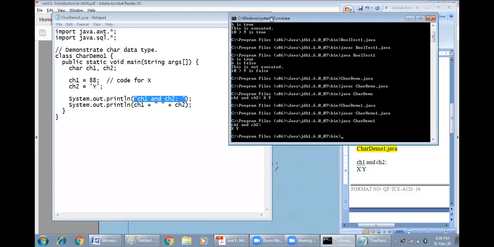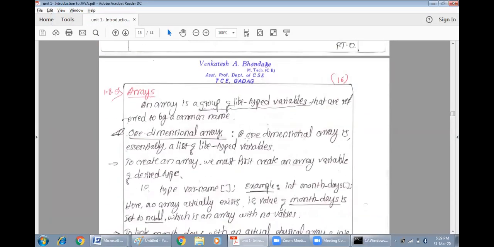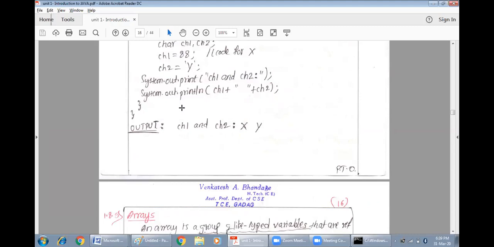Right. So what I will do is go to the next part. I'll close this. I hope if you have read it properly, then you can understand the things easily.